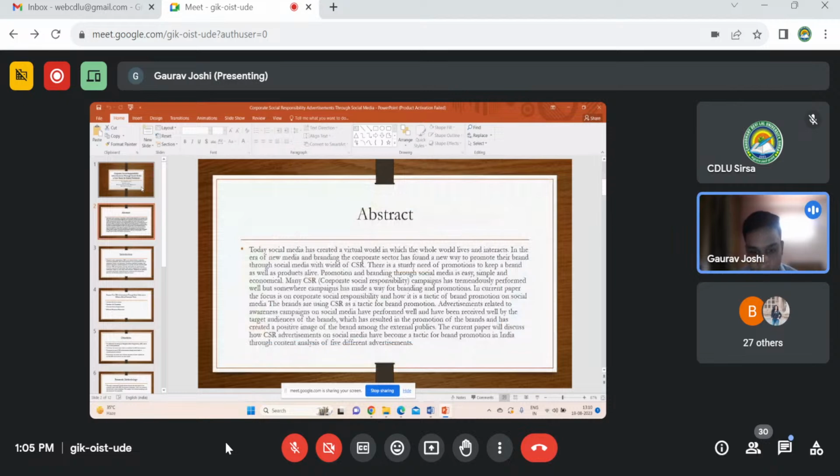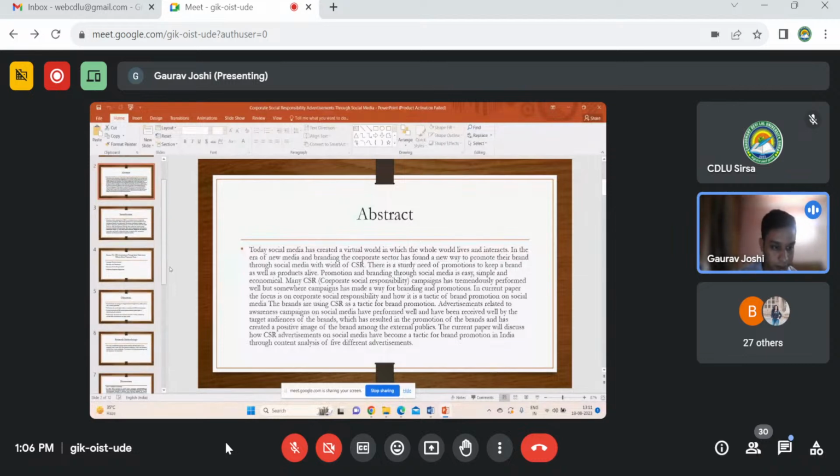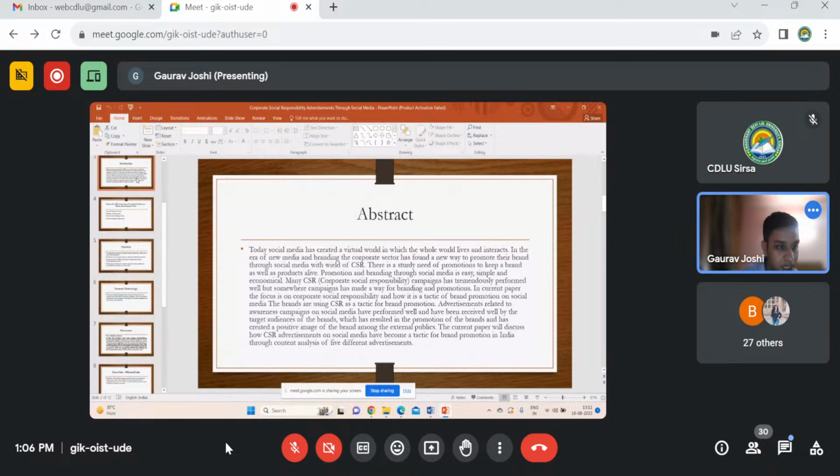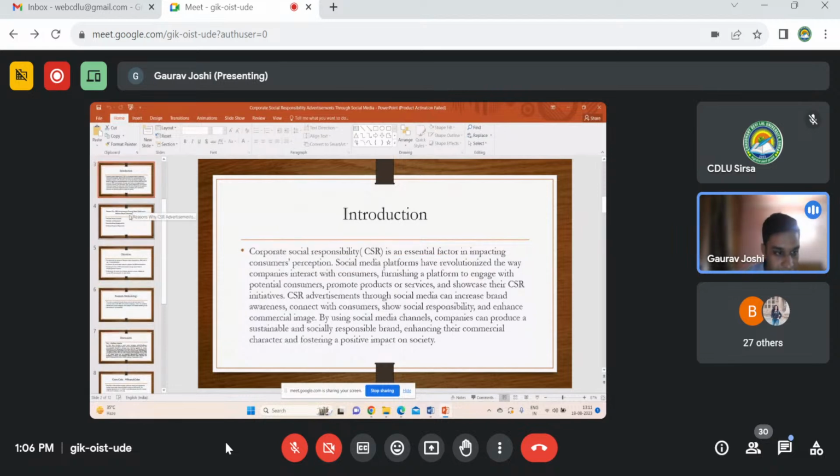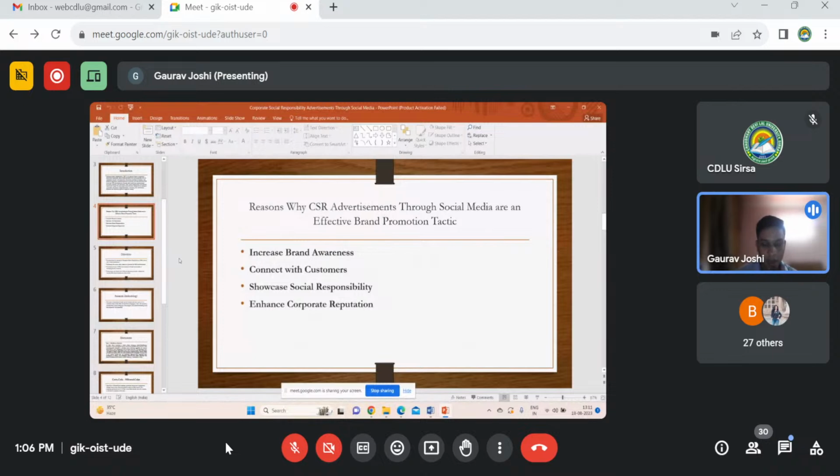So in this research, we have taken 5 advertisement awareness campaigns which were run by different brands over the last few years, which has helped them in their branding. And for this paper, we have used the content analysis method. This is the introduction of our research, and then the reasons why CSR advertisements are done, which is also an effective brand promotion tactic, because it increases brand awareness, connects with customers, showcases social responsibility, and enhances corporate